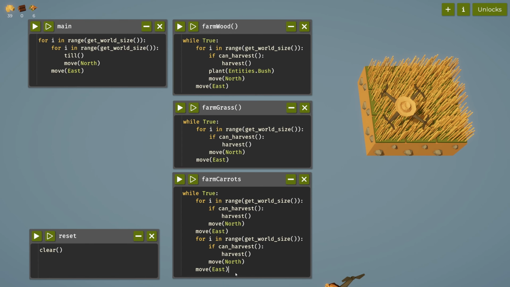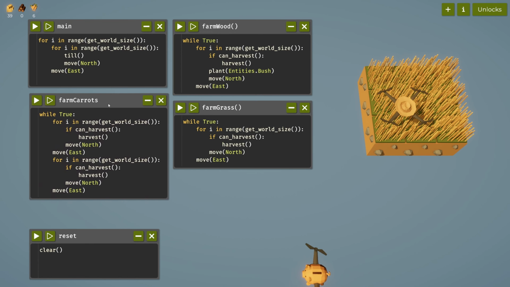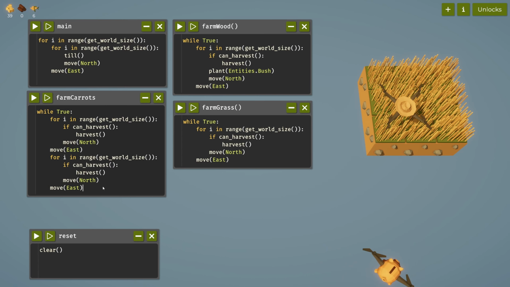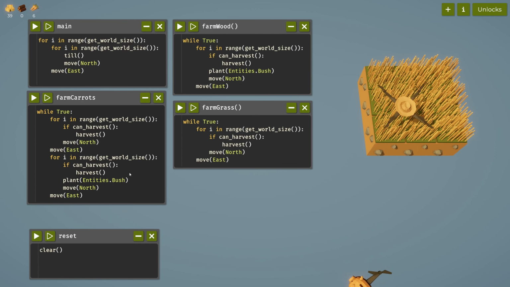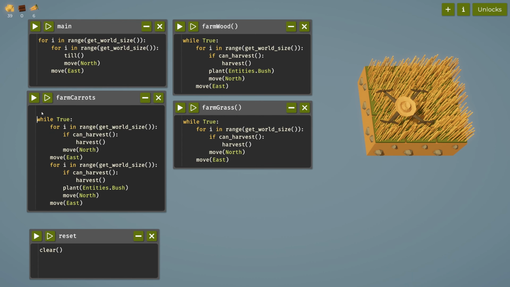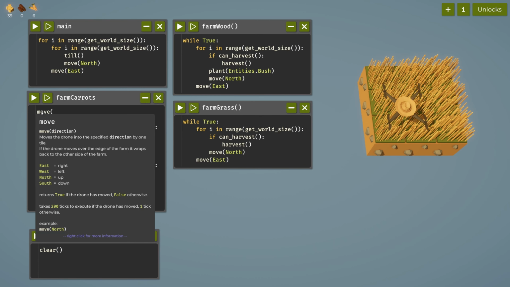Let's see. But now we want to, let's get that here. Move east, and we want to not only harvest, we also want to plant entities bush to get our wood. And then we want to move north. And now, at first, we want to move. Can we move? Okay, so we want to move